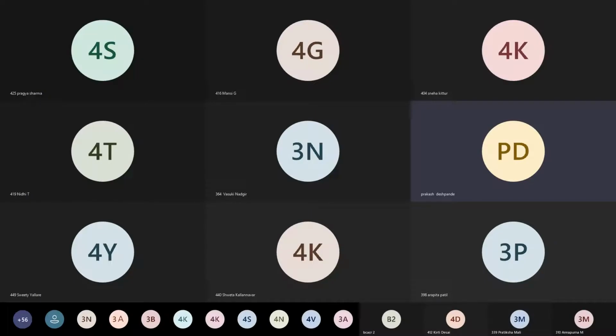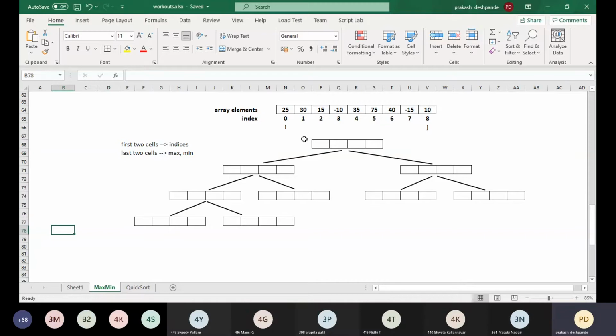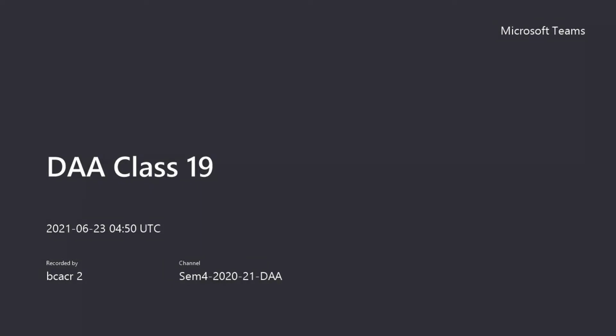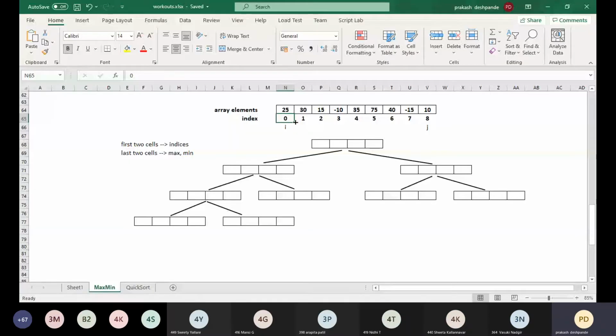One more example to find the maximum and minimum of a set of numbers. Now we have a set of elements; the index will start or begin at 0 and increase up to the last element. So the j value, or the high value, will be 1 less than the total number of elements in this particular collection or group. Okay, now in order to solve this problem, we need to have a binary recursive tree.